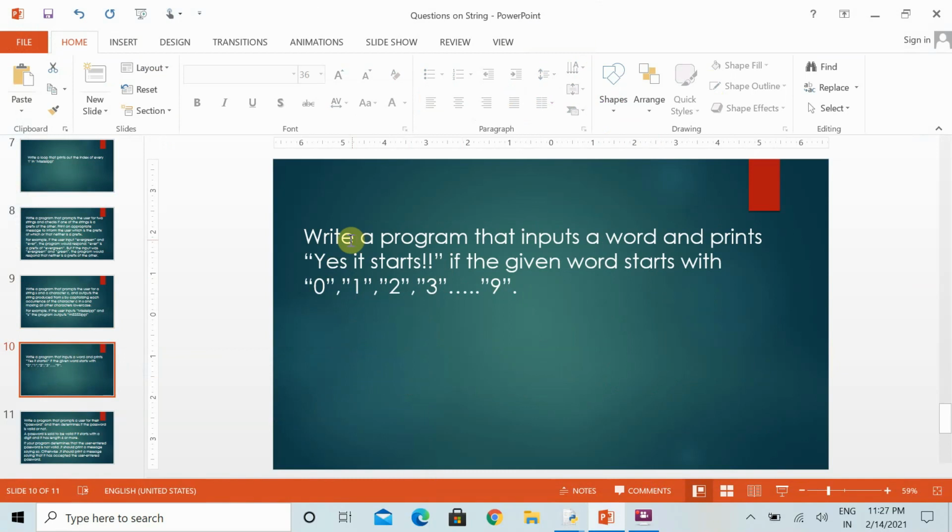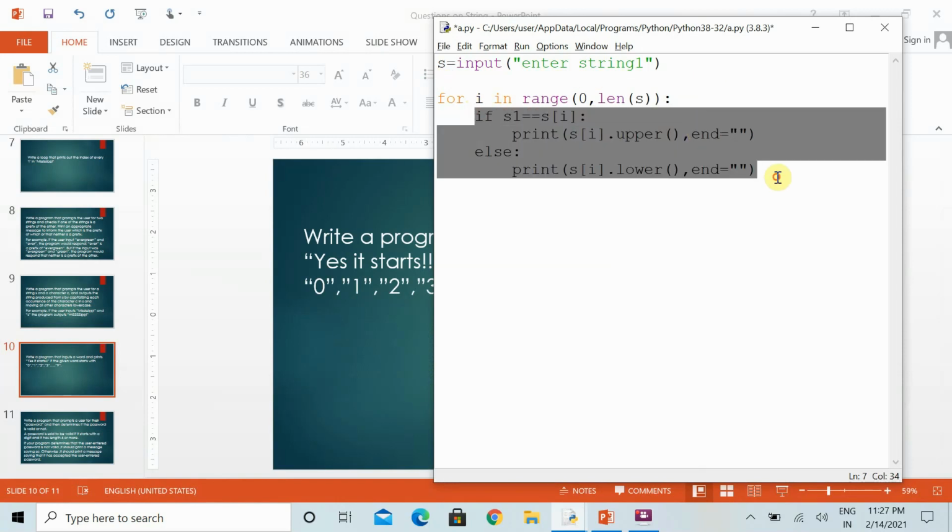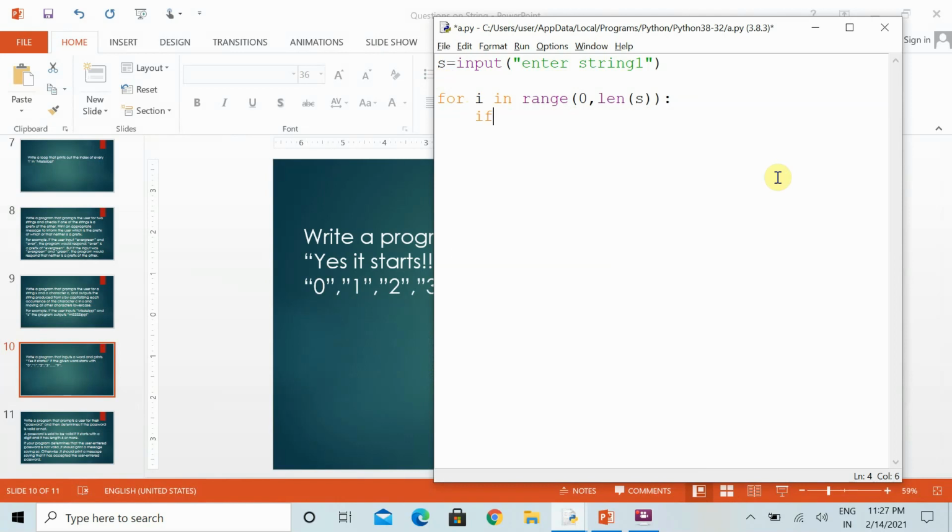Now in this question, write a program that inputs a word and prints "yes it starts" if the given word starts with a digit. We can use the same concept over here, the way we used the startswith function. Or you can straight away write it, or you can specify the digit concept also.